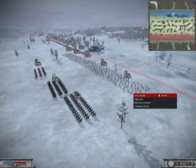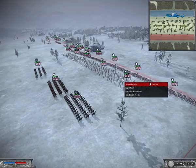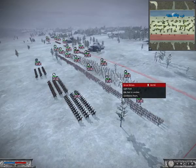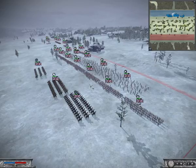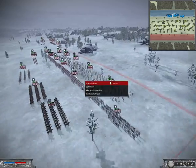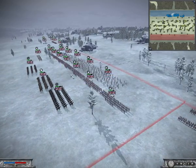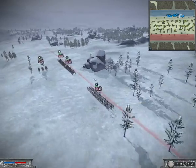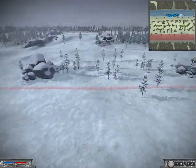I've got all my lights in, these are light infantry, not the skirmishers, because skirmishers are not as good since they don't have light foot formation in the same way that the light foot actually do. So I end up putting the line infantry behind the light foot because that's standard procedure. Now, admittedly, I could have pulled these line infantry back a bit more, but since we were going up a hill, I figured it'd be important to try and gain as much as I could,